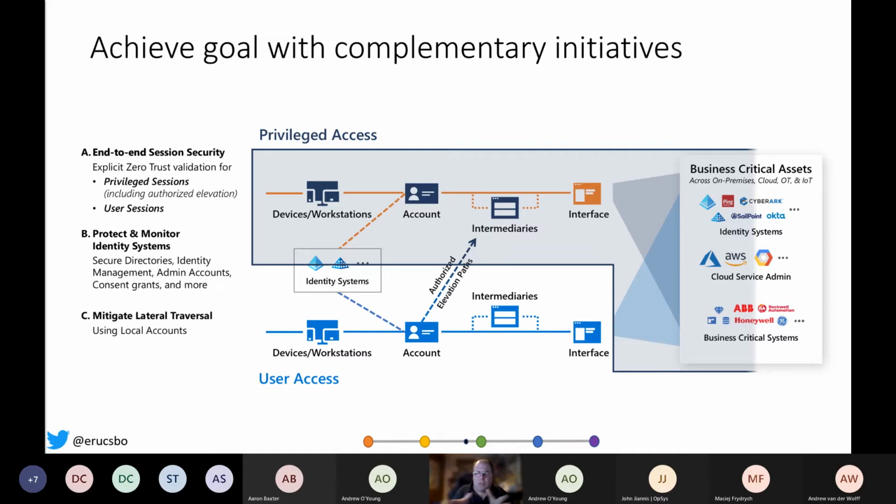We want to mitigate lateral traversal. Lateral traversal is where somebody has logged on using an account on one system and then is using the same account on other systems. Typically, you'll see this with the help desk using an admin account to get on, and that same admin password is being used on other systems. Or for servers, the same local admin password is being used on a server that is running file servers, and